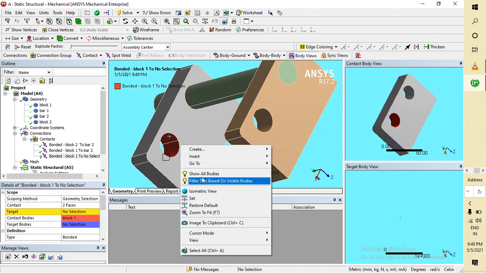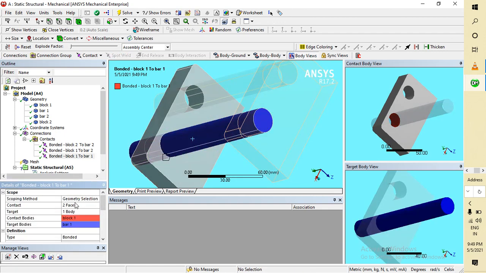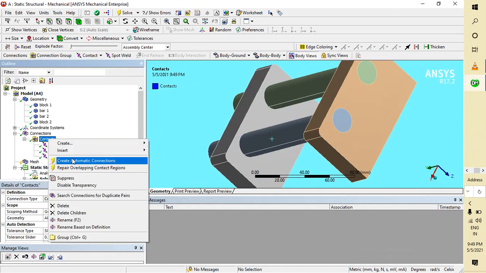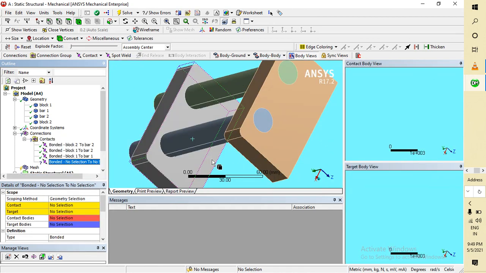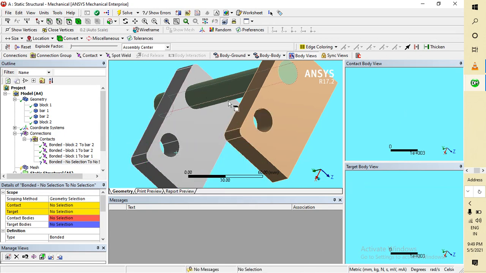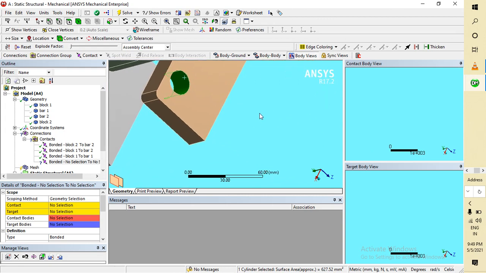Right click again, show all bodies, and I am going to body and selecting this one. Now again I am going to contact, insert, for the last one, manual. I select this one, hide body, and click on face.